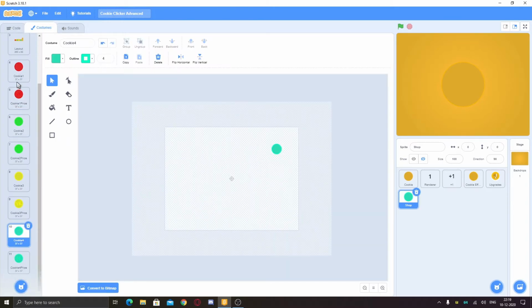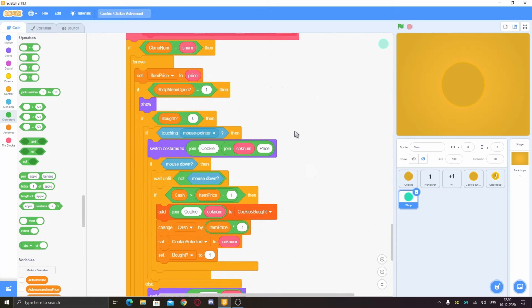You have to change the costume names here, like they should be 2, 3, and 4 and 5. You can just change the names, so you can do, like you can see it has 2, so I cannot name it directly to 2 or it will switch to 5. So you need to just change like 22, then I will set it to 2 and then go to get 2 price and 22, and then here you can see I will put you. You can just use this method to do that. I will just do that. So you can see I have set it like their cookie 2, cookie 3, cookie 4, cookie 5, and their clicking names. And now this script will work better.